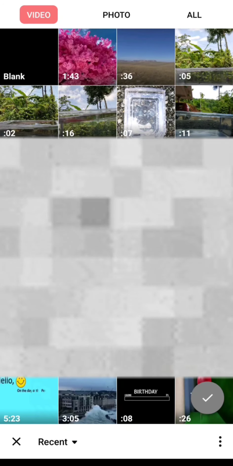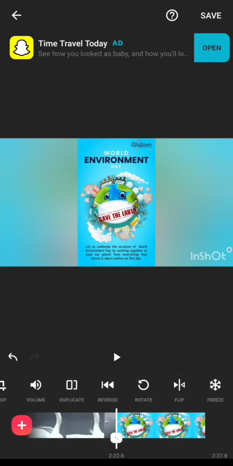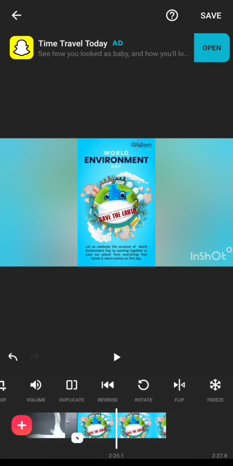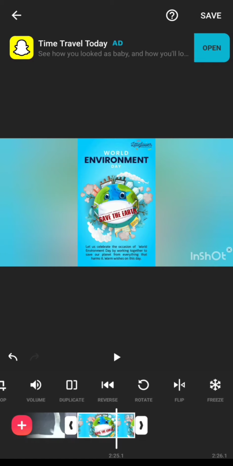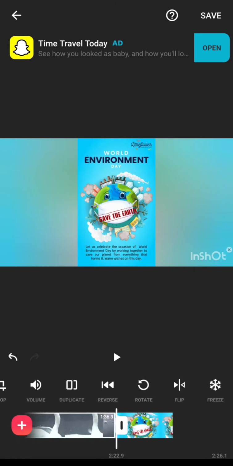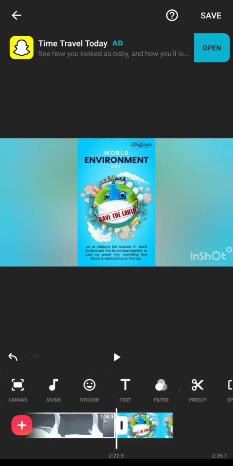Or video, photo, if I want to select a video, I can select the video. If I want to select a photo, I can select the photo from here and I can add over here. That's also very easily I can do. By clicking upon this photo, I can make the cropping of that one, whatever place I want. Then we can do the editing upon that also. So all these are the major things related with the InShot video.